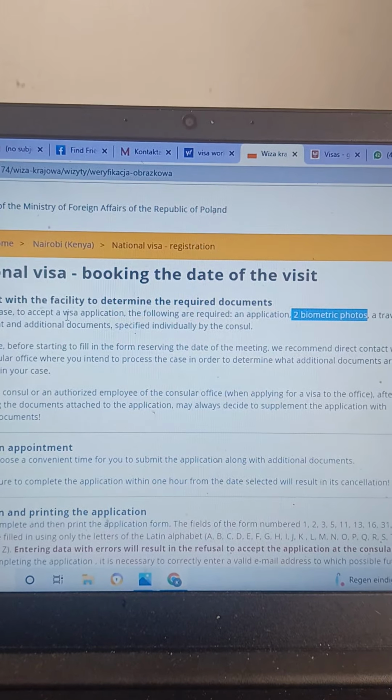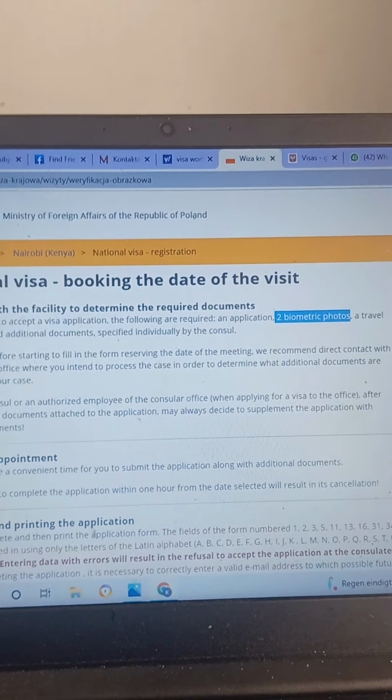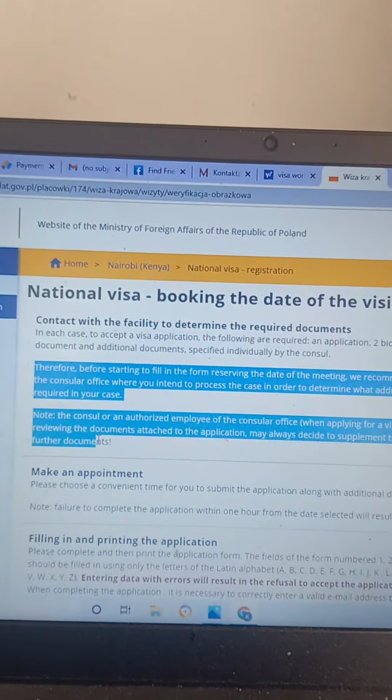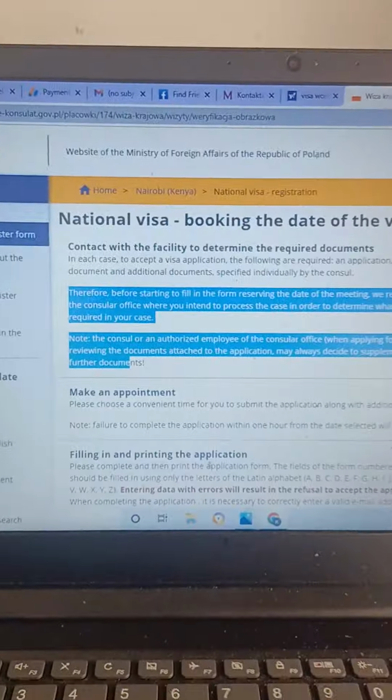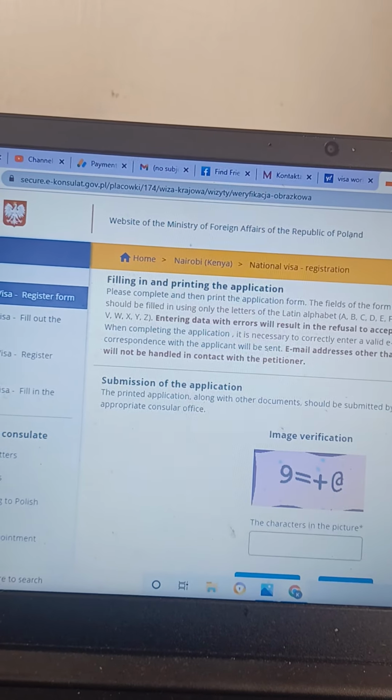Try to read the visa application. Come and read. Take time and read. I'm going to put this down. Make sure that you read this. For me, I'm not going to read it because I don't need it, but you guys might need it. So what am I going to do? I'm going to go direct to see